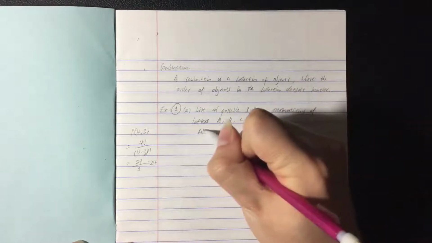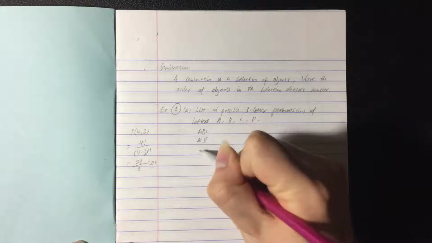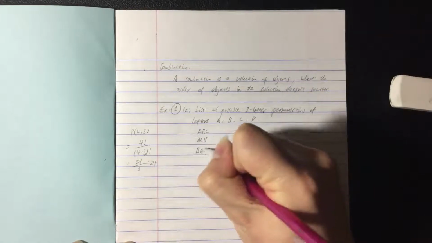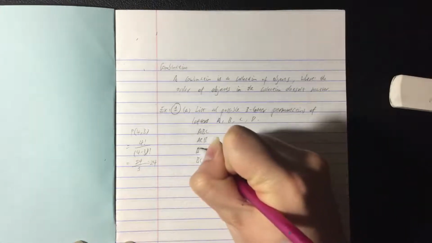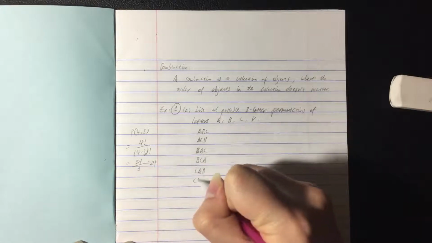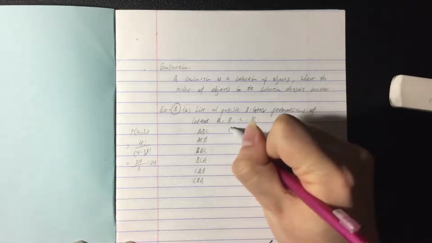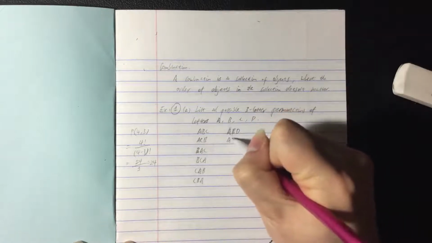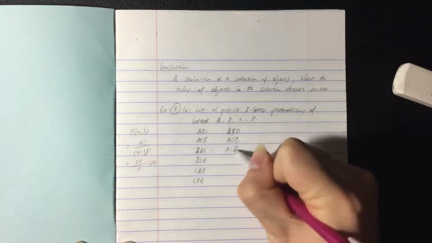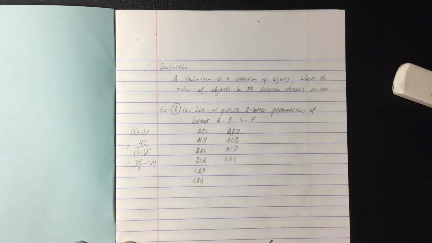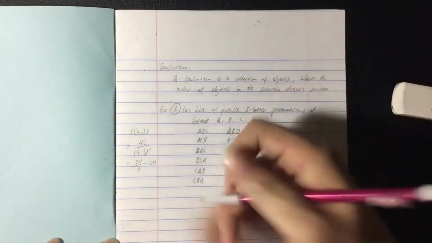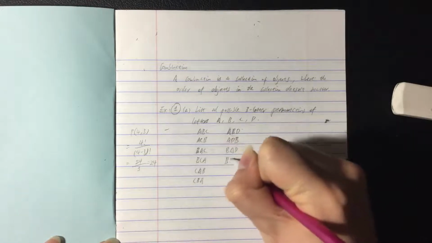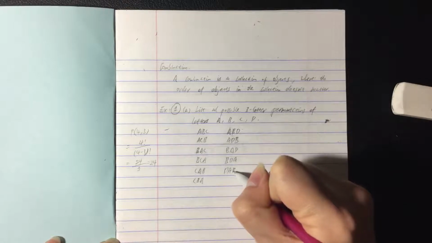We have A, B, C, A, C, B, B, A, C, B, C, A, C, A, B, C, B, A. We may have A, B, D, A, D, B, A, C, D, A, D, C. Sorry. B, A, D, B, D, A, D, A, B,